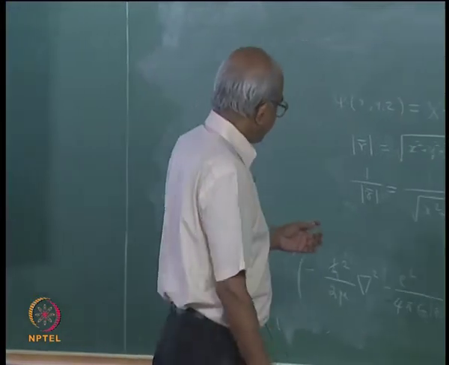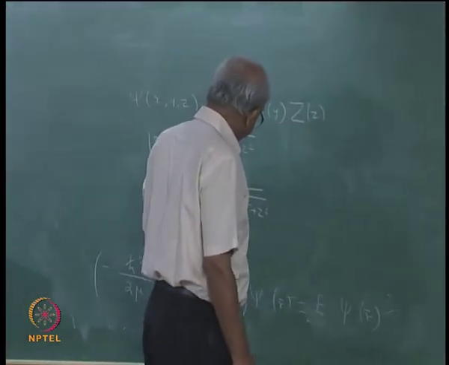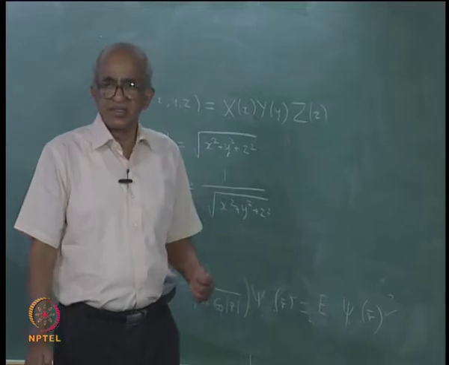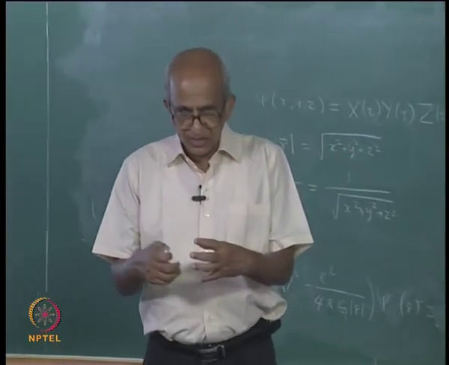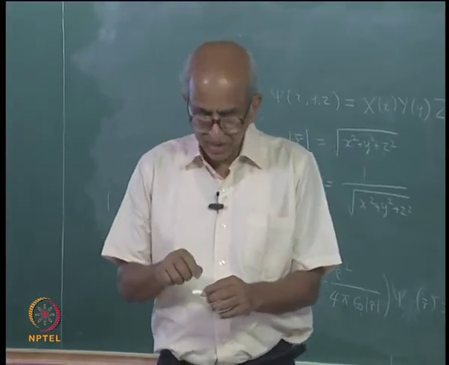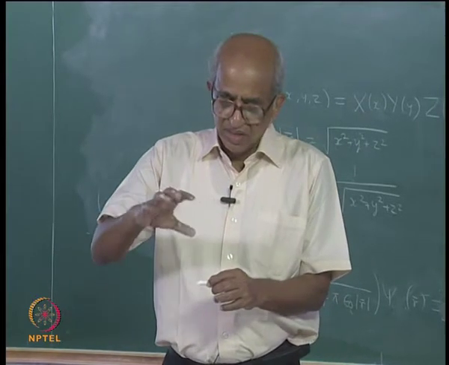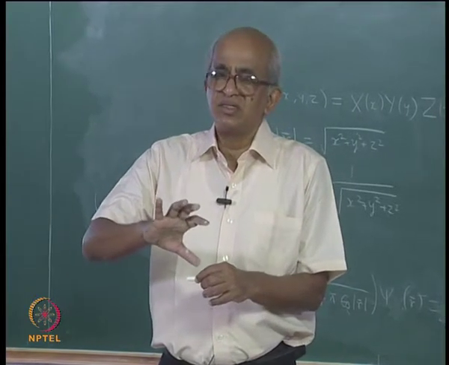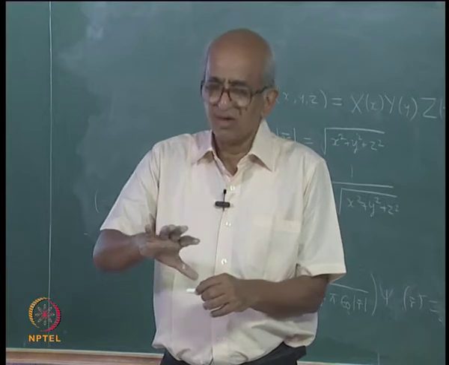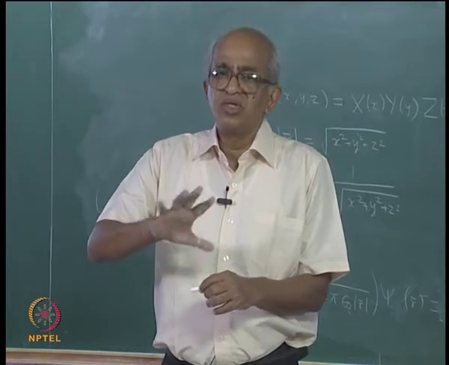Now, if you look at the characteristic of this potential, what is the characteristic? Well, what we can say is the following. So, imagine that I keep the distance of the particle, which is of course electron, from the origin fixed.